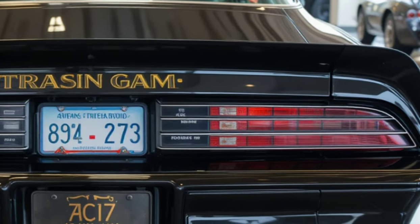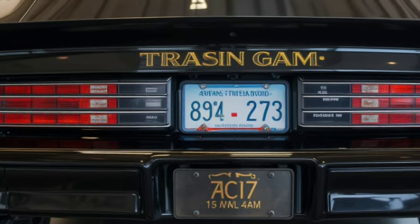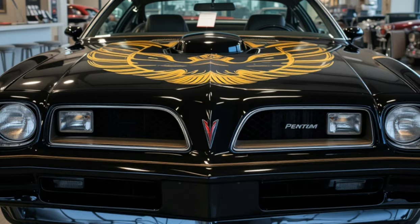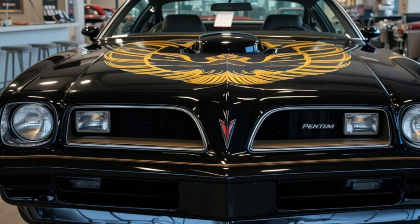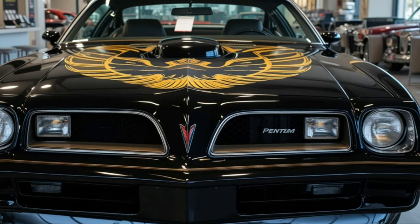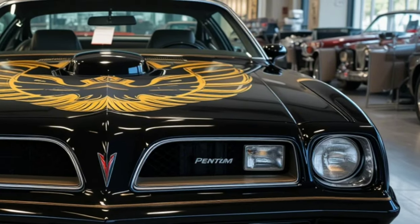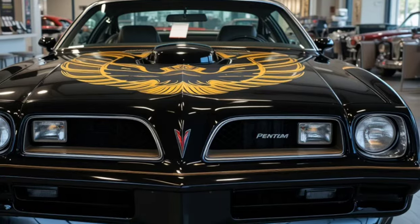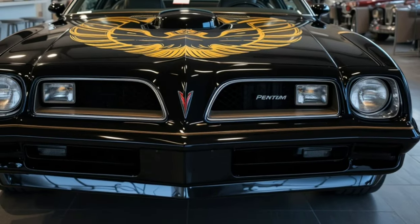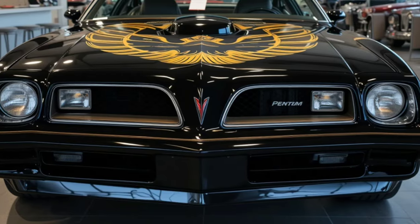Starting with the exterior, the '77 Trans Am is all about bold design and road presence. The first thing that grabs your attention is that aggressive front end. Pontiac gave it a facelift this year with quad rectangular headlights flanking a blacked-out split grille. It's sharp, angry, and unforgettable. The signature shaker hood scoop not only looks the part, but it also serves a functional purpose, feeding air to